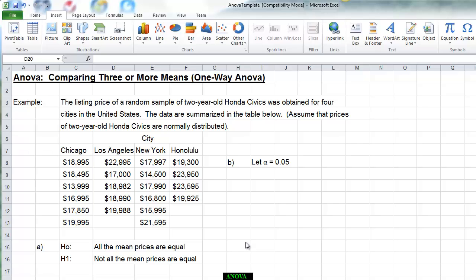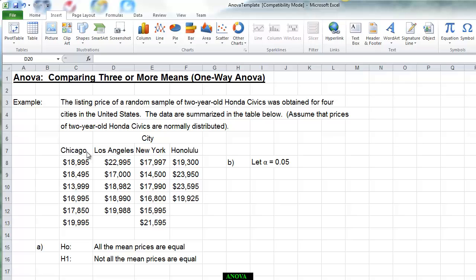All right, this video is going to show you how to use the Anova spreadsheet that was uploaded on the course. Here's the example that we're talking about. We're comparing 4 different cities. The listing price of a random sample of 2-year-old Honda Civics was obtained for 4 cities in the United States. The data is summarized in this particular table, and we always have to assume that the distribution is approximately normal